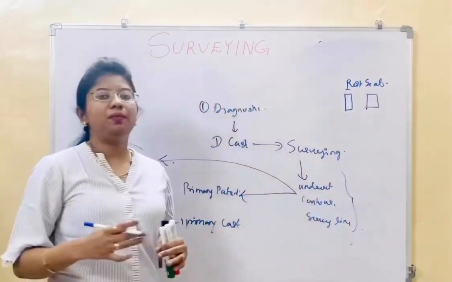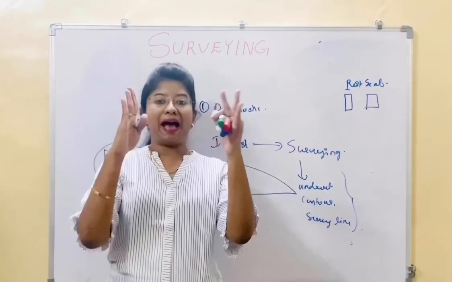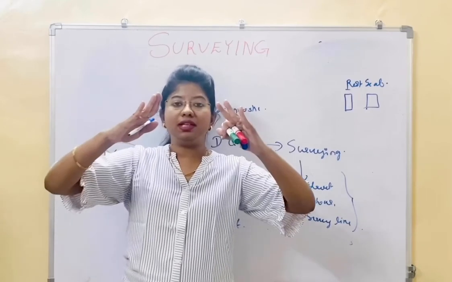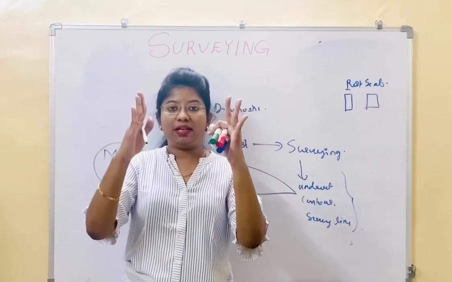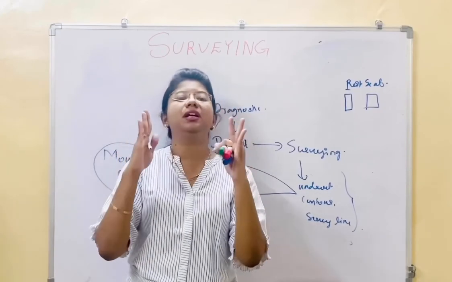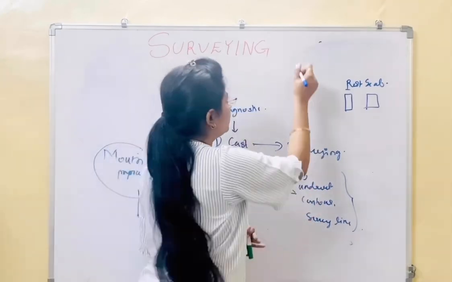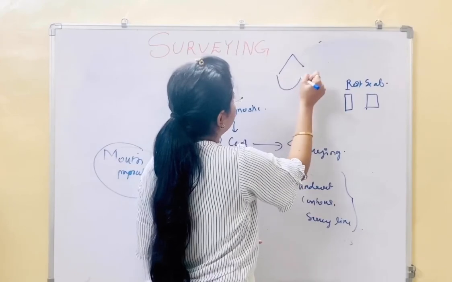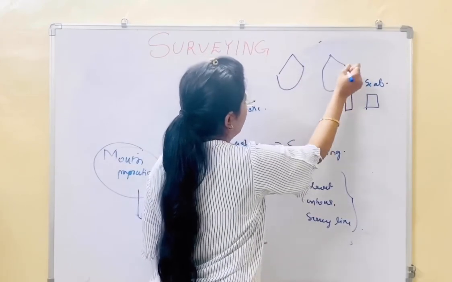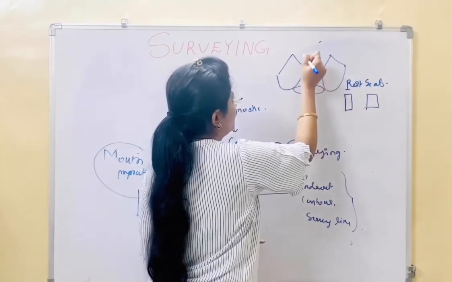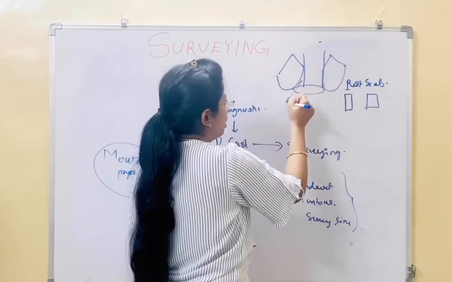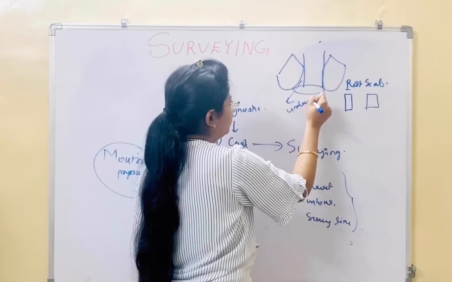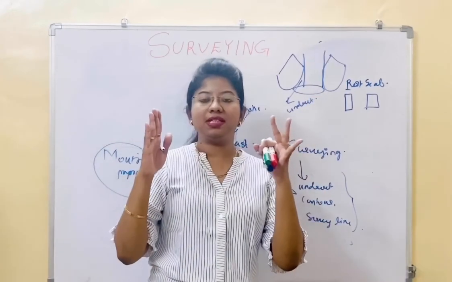For the purpose of placement of the guiding planes, you need parallel teeth. If the tooth is tilted like this, you need to make it parallel. If the tooth is like this, you need to make it parallel, for the placement of the correct guiding plane. So if this is my tooth and this is the edentulous space, this surface must be straight, this surface must be straight. There should not be an undercut. So you need to make 2 surfaces parallel.